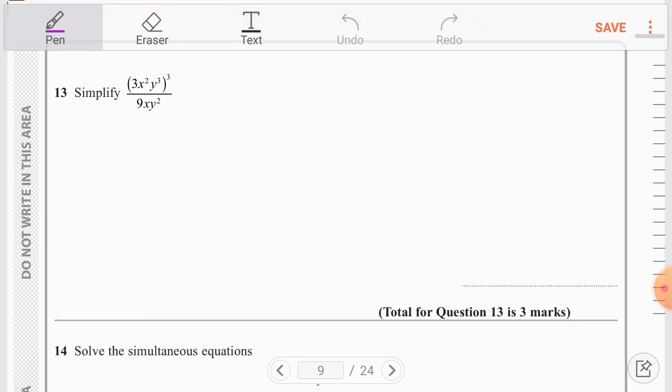Simplify (3x squared minus y cubed) all cubed, divided by 9xy squared. So at first we need to take everything in order on the base of 3, that is 3 cubed, x to the power 6, y to the power 9, divided by, we already know that 3 squared is 9, so we will write 3 squared, x, y squared. And as both the terms are divided by each other, we can take 3 common and then subtract the powers, 3 minus 2,